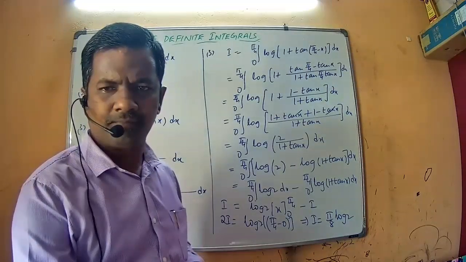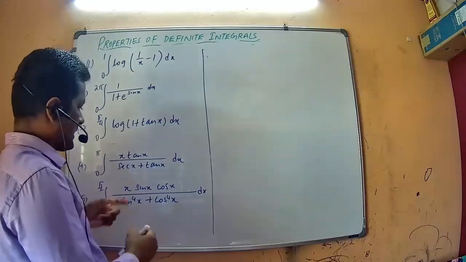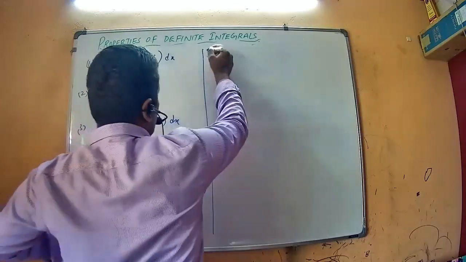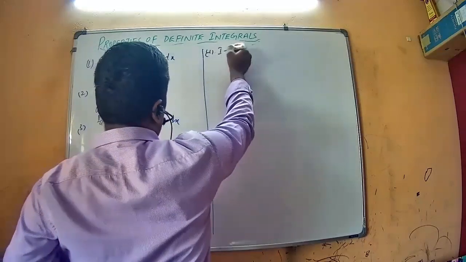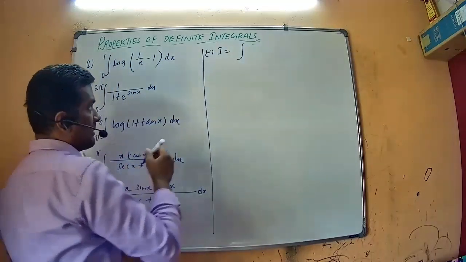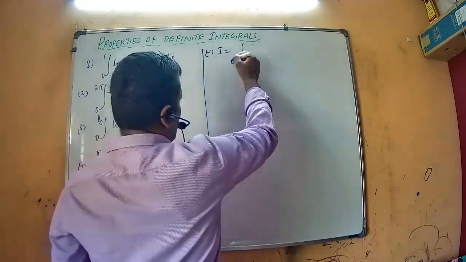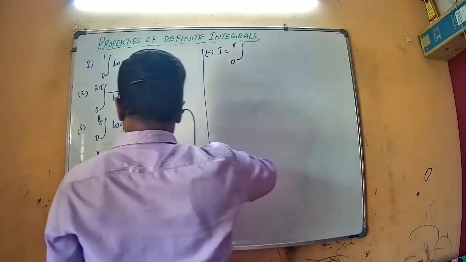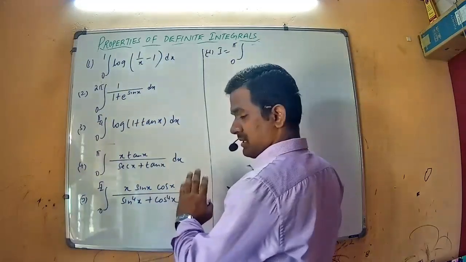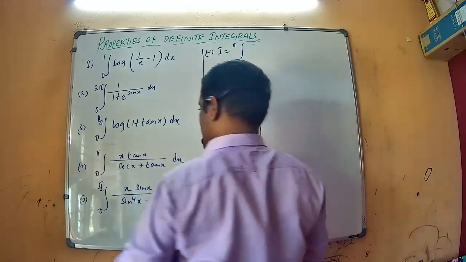Next question. Here 0 to pi x tan x by secant x plus tan x. So I is equal to, applying the property again, lower limit is 0, applying upper limit minus x. Okay, before applying the property, I would like to convert